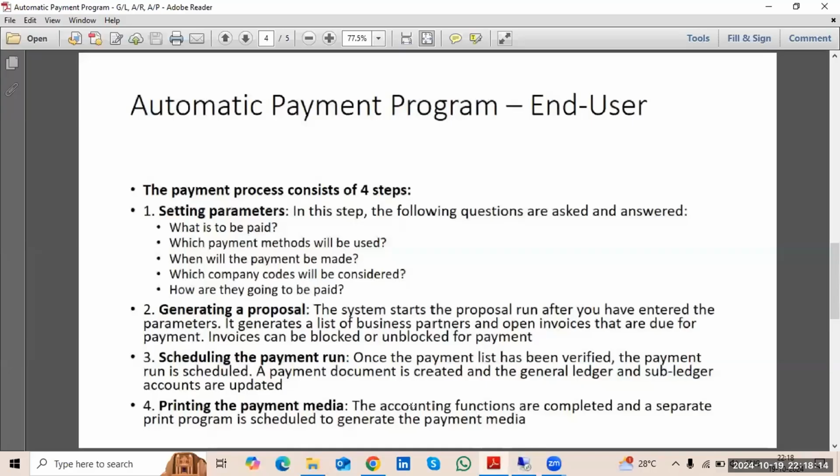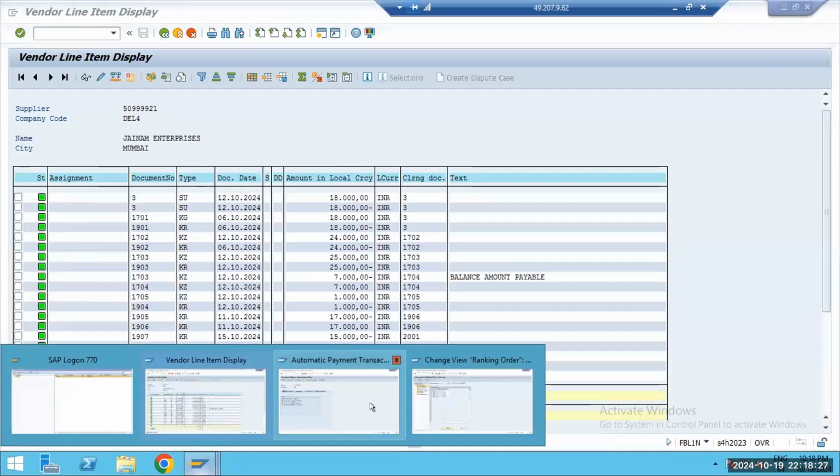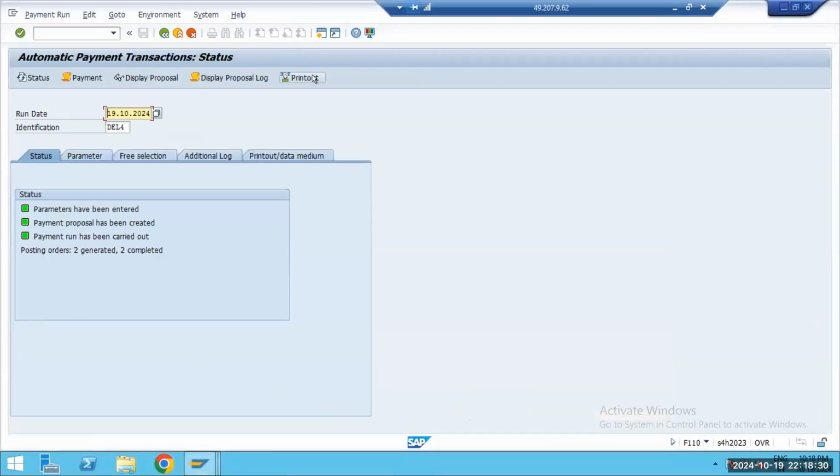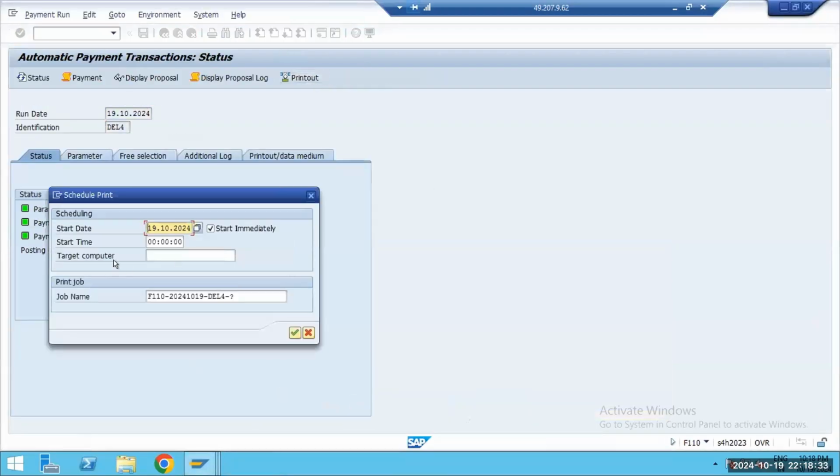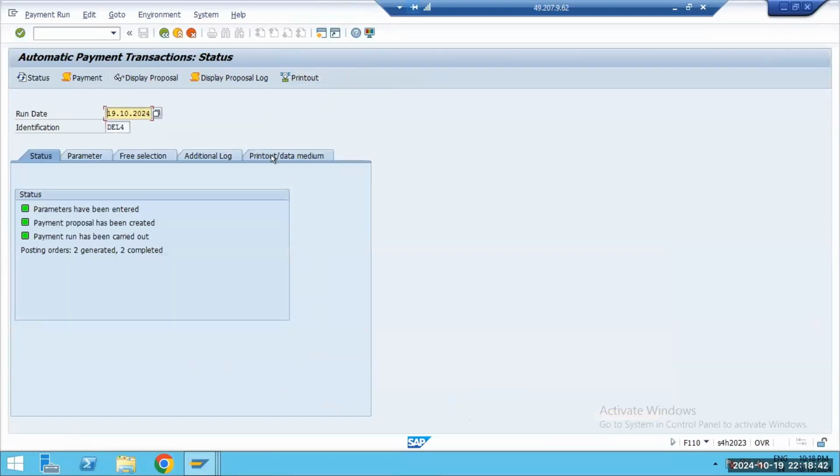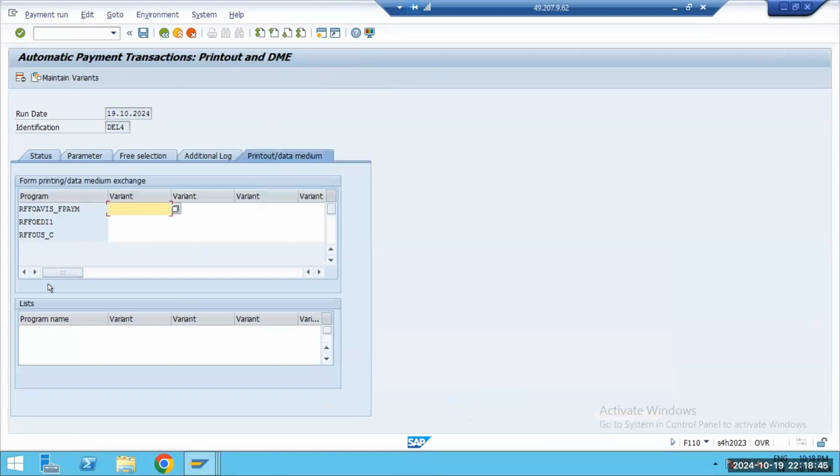So the fourth step is printing media. Your accounting functions are completed and a separate print program is scheduled to generate payment media. If you go here, now you have to go to printout and schedule the printout program. Okay. And here, in printout data medium, you have to specify the mediums through which you can make